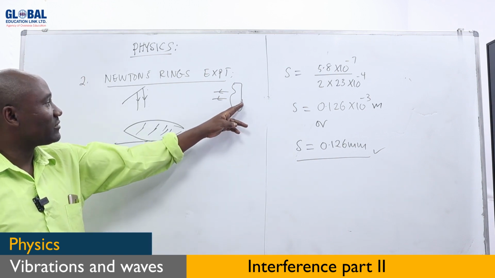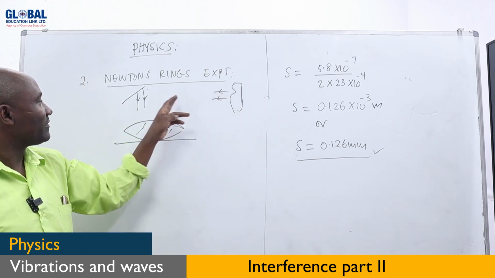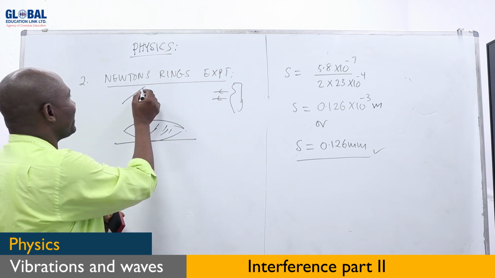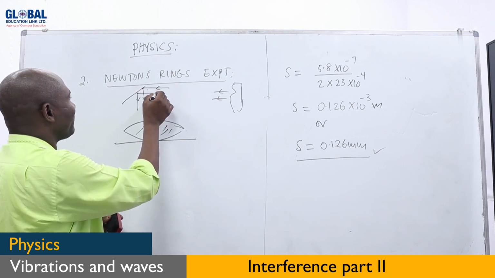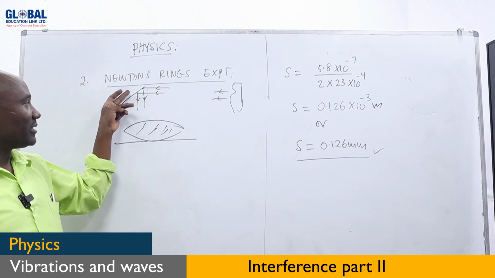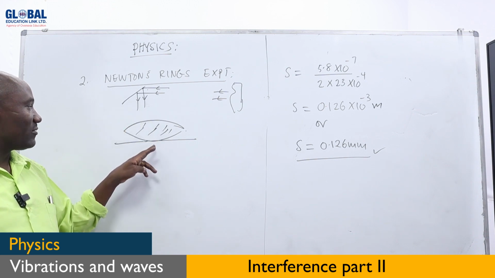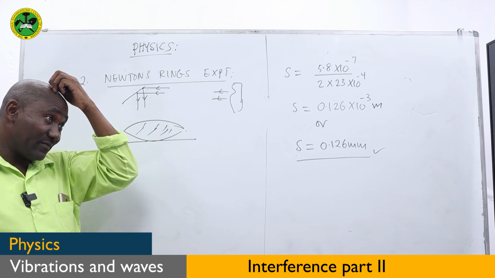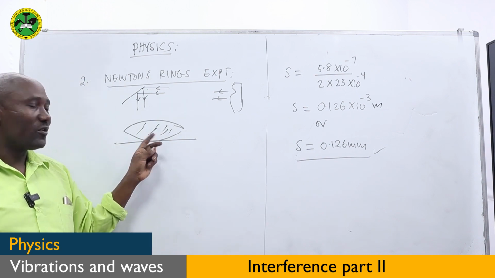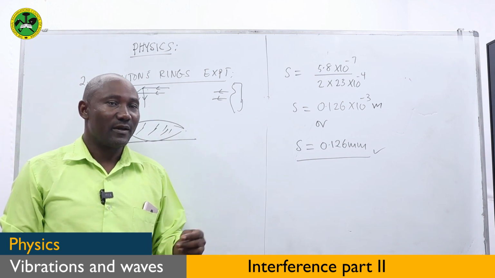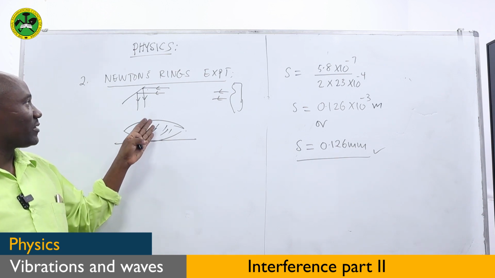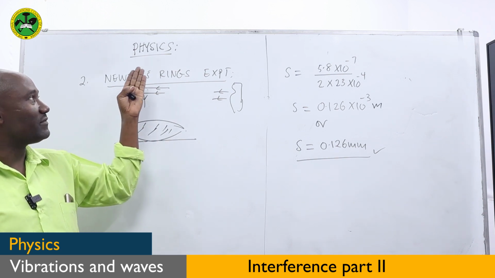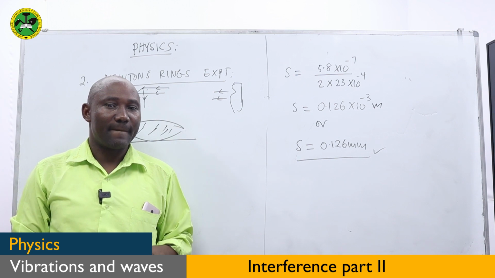The source of light is coming from here and falling on the plane mirror, which is at 45 degrees. After falling, it will be bent down so that it can fall on the top surface of the lens. Then it undergoes several reflections here before being reflected back to where it can be observed